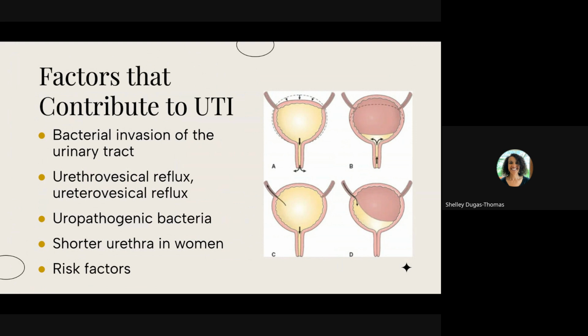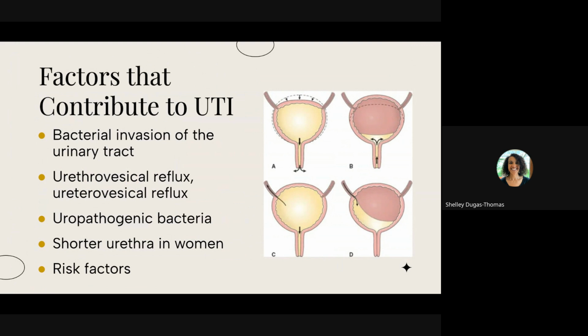to the bladder. With the ureterovesical reflux, this is the failure of the ureterovesical valve when urine moves up the ureters during voiding and flows into the bladder when voiding stops. This prevents complete emptying of the bladder, and it also leads to urinary stasis and contamination of the ureters with